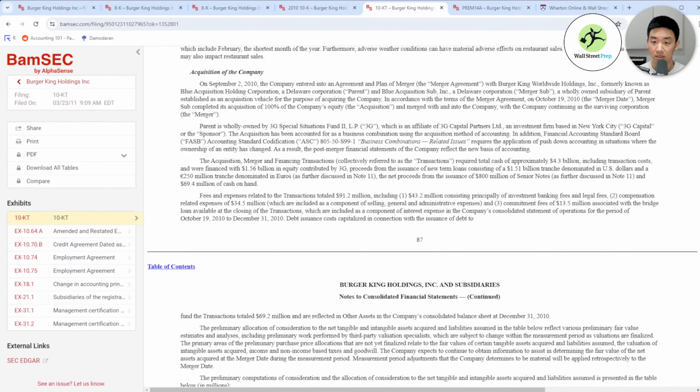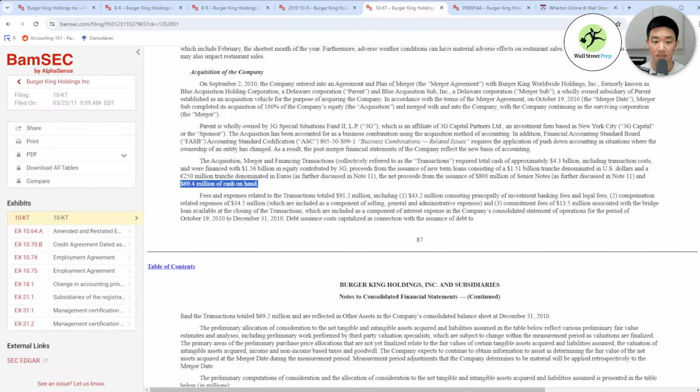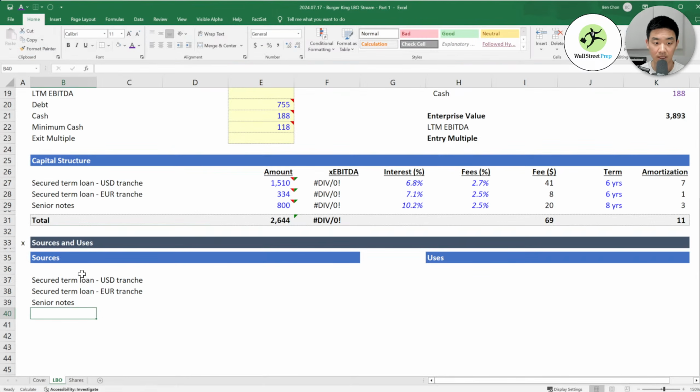The acquisition of approximately 4.3 billion was financed with 1.56 billion in equity, so that's what we want to make sure that we have for the equity figure that the sponsor pays. And then these debt tranches and 69.4 million of cash on hand, right? So they funded it with the 3 things that we added here, plus cash on hand.